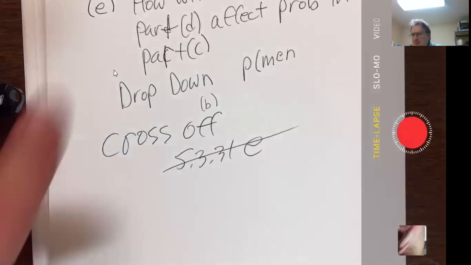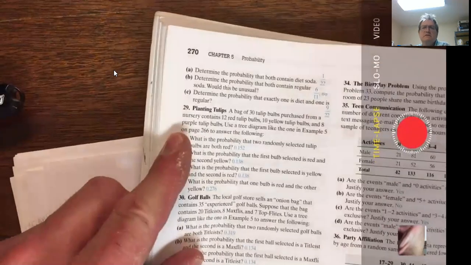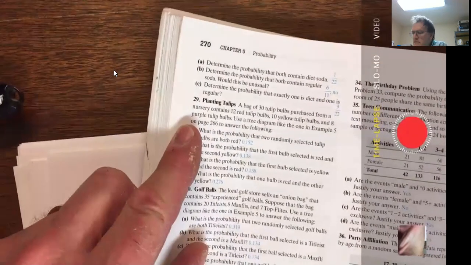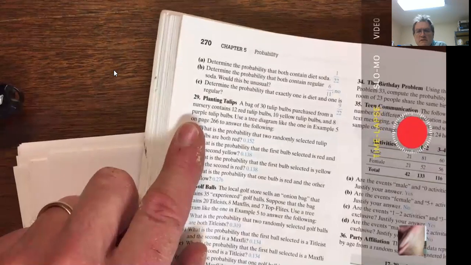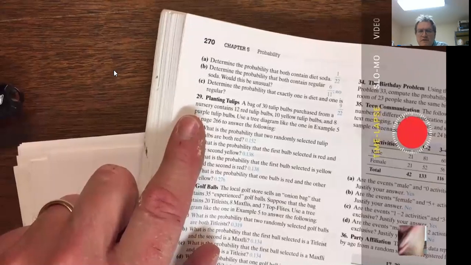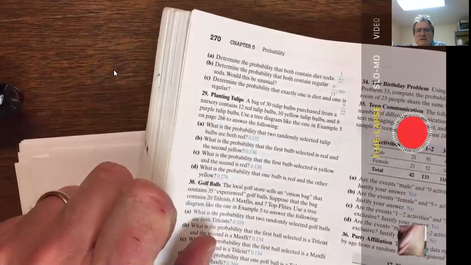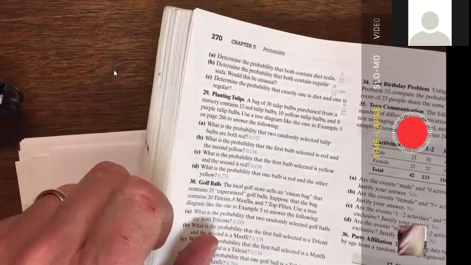Can I see file 4, number 29? Is this off my lab, or is this out of the book? It's my lab. I'll pull it up for a second. I was following along with her question. Is it parallel to what the book has with planting tulips? You want to give me the number? Have you got the numbers in front of you, or is this close enough? I could just work this one. That's close enough, I think.